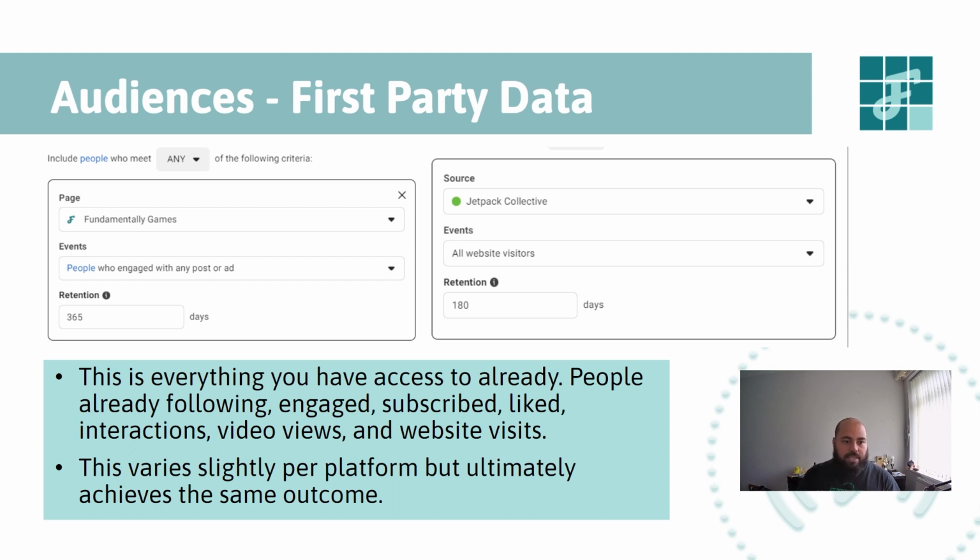So here you can see I can reach anyone that has engaged with any post or any ad in the last year from our page. And likewise here on the Jetpack Collective website, I can target anyone that's visited the website in the last 6 months. So this is data where people have clearly expressed an interest in the game. They either follow the game, they probably participate in the game,